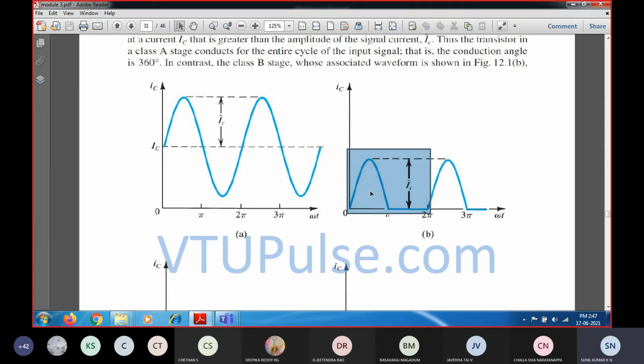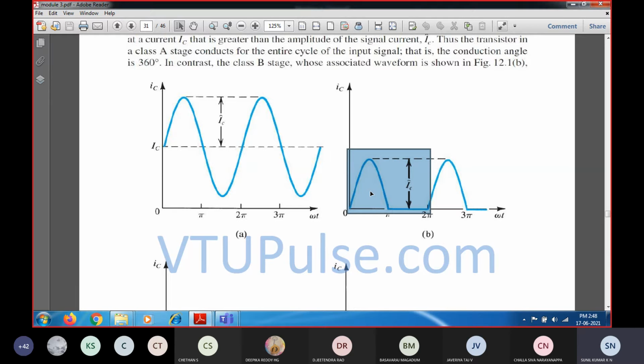So you are going to call that configuration of the class B amplifiers a push pull configuration of the amplifier. Push pull means you will be having one half of the cycle from one output and the other half of the cycle from the other output. So each will be operating with respect to the positive as well as the negative half of the cycle. Okay, so that is about the